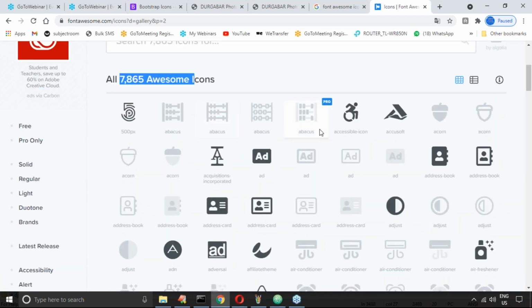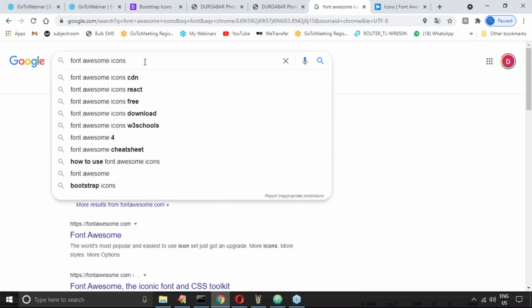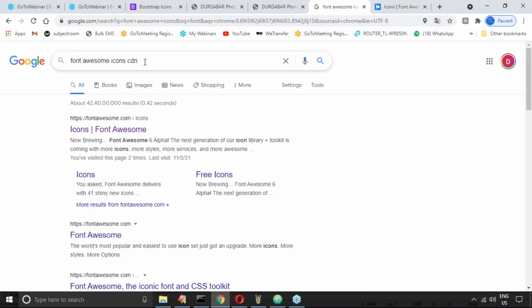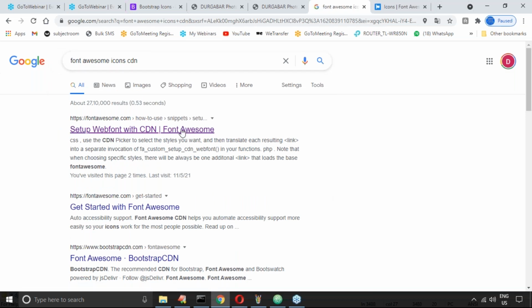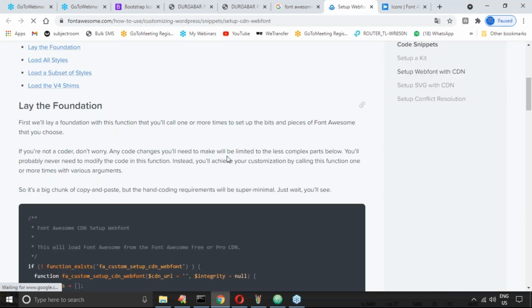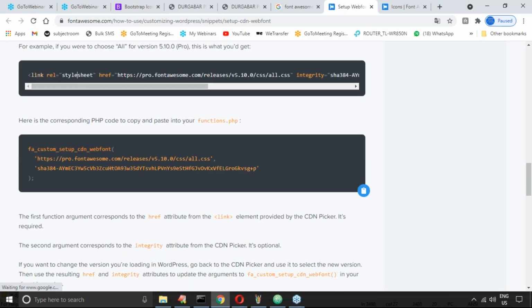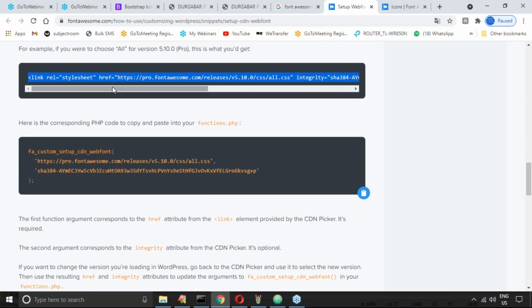What I have to take is very simple, sir. If you want to use this one, a CDN is compulsory. Let me take the CDN. If I can access the CDN directly, it will load all the styles. Let me copy and paste this one.